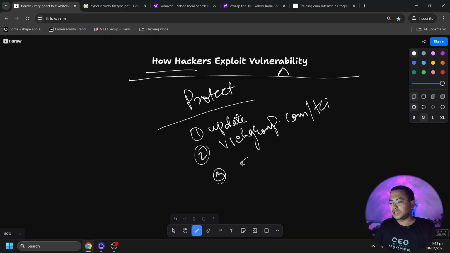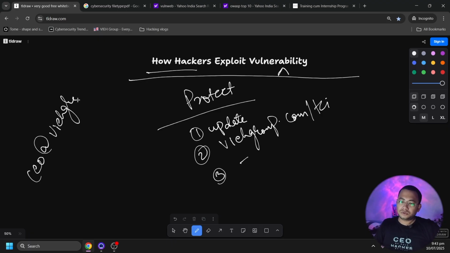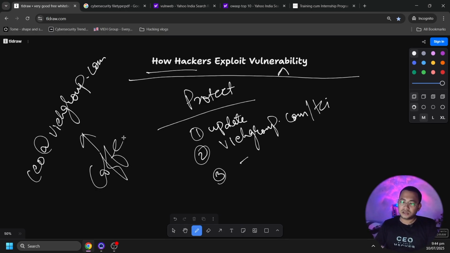Next thing, what can we do? There should be security awareness, right? Exactly what happens if you want me to come to your place and give you awareness, just drop a mail. I'm not going to charge you anything, just a coffee. I'll come to your place and guide you on how to be secure. If you want an awareness program, this is called security awareness.